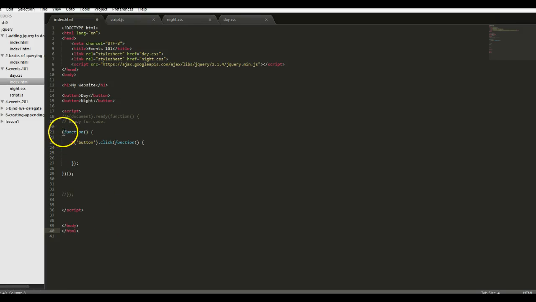Okay, so this is what's called a self-invoking function, or self-invoked function. As you can see, this is a regular JavaScript function, and it's inside the parentheses there, which is our jQuery. What it does, basically, is allow you to call your variables inside the self-invoked function. The idea is that you don't want to be calling variables outside your function, so you're not clogging up